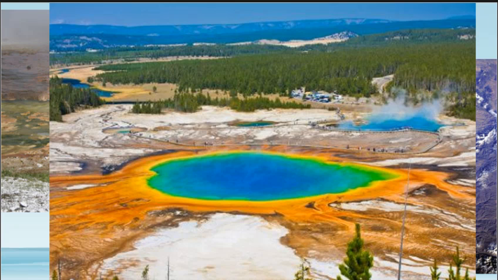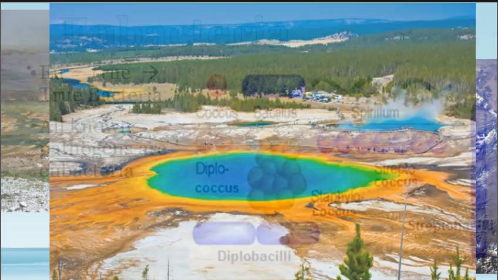You can see some steam coming up over here, because that's another thing right there. What's that called, when a geyser comes up? So it's like a hot spring. It looks like it's really hot, but I tell you, there are some thermophiles living in there. Some bacteria can live in there, the weird ones.